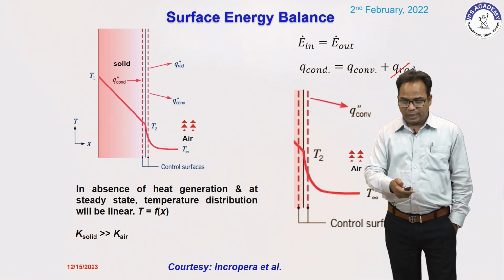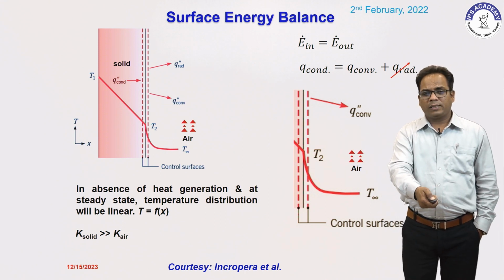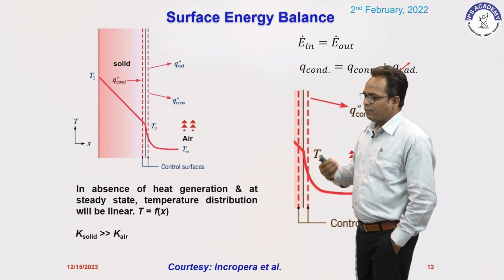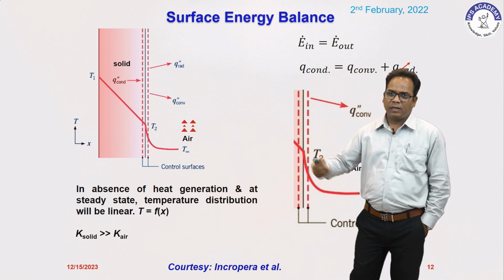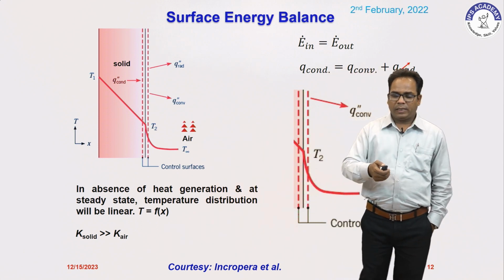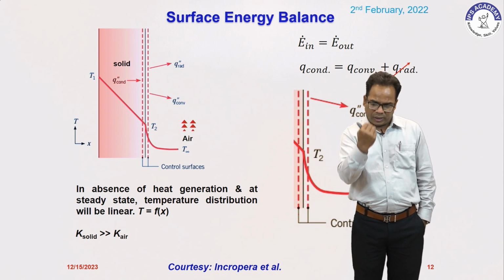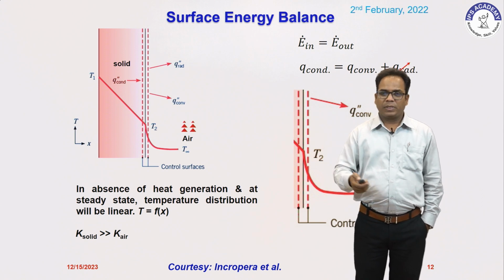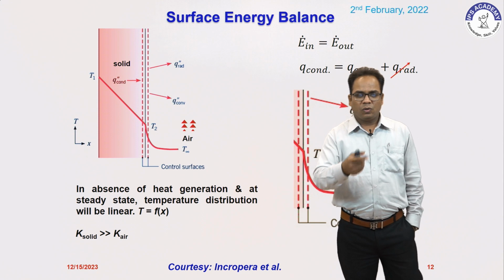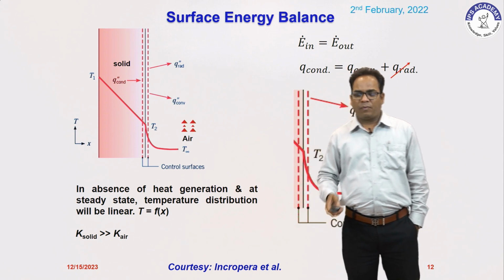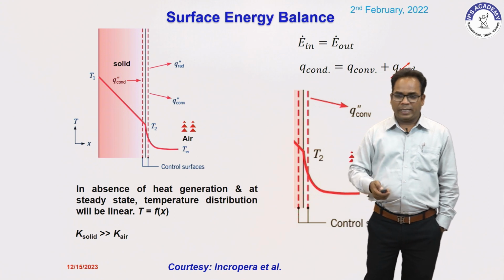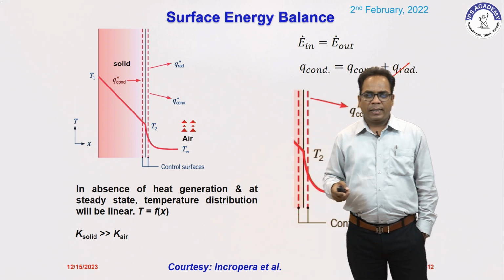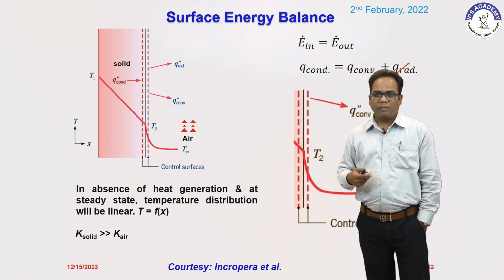Okay, so as you can see in the solid object or in the solid body, the temperature profile varies linearly, whereas from the surface to the ambient, you can observe the sharp, steep temperature difference from T2 to the ambience. So until the temperature achieves T infinity, for exactly that period of time, the temperature change will take place. Okay, so in this we can say the temperature is a function of time, and in this case the thermal conductivity of solid is